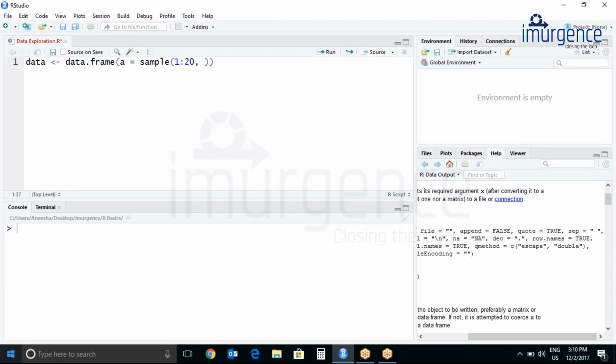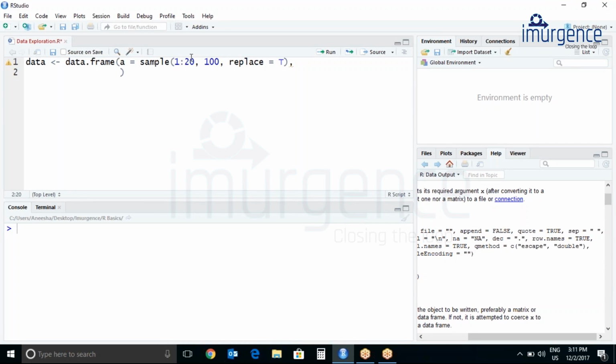Suppose I just need 100 samples and replace equals to true. Do sampling with replacement, or else you may get an error because I'm just doing a sample